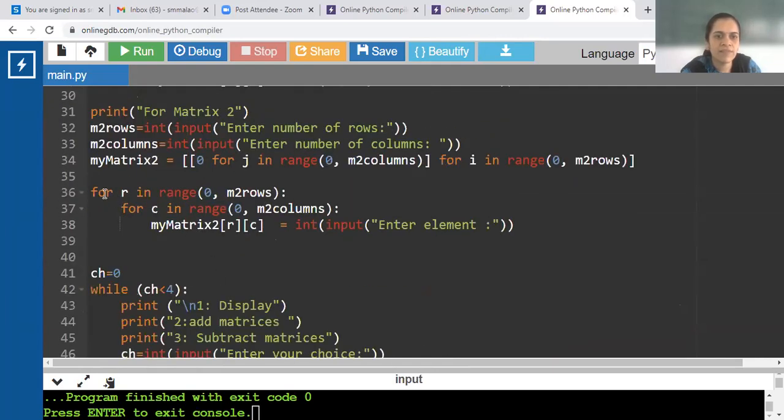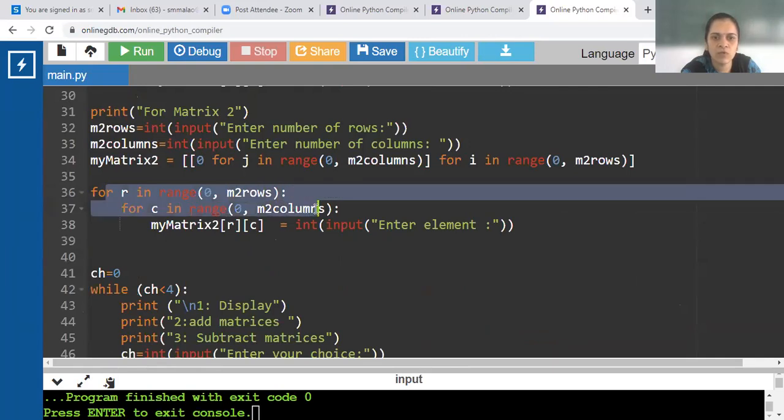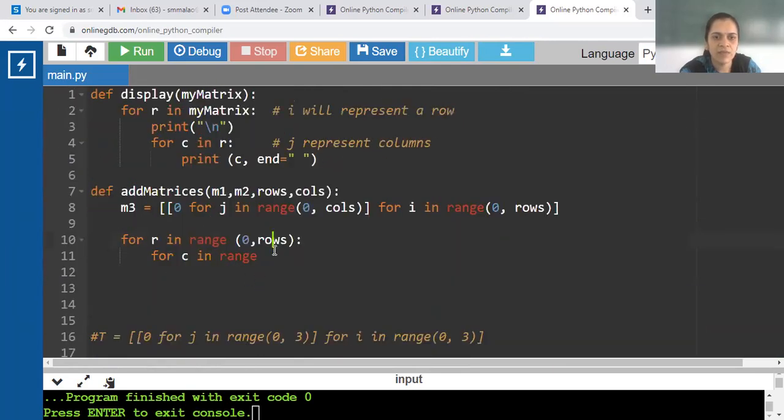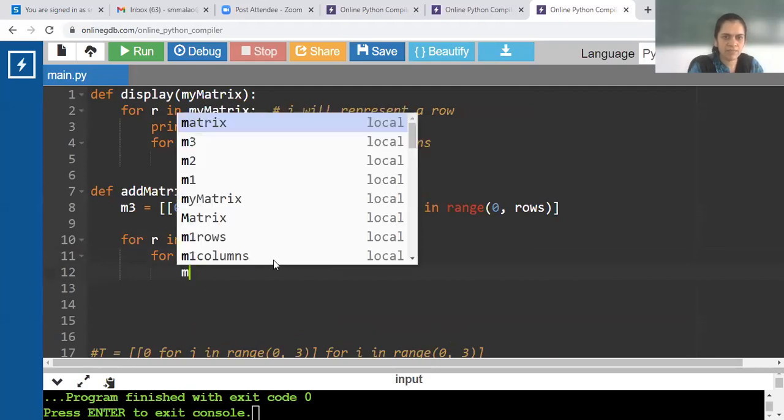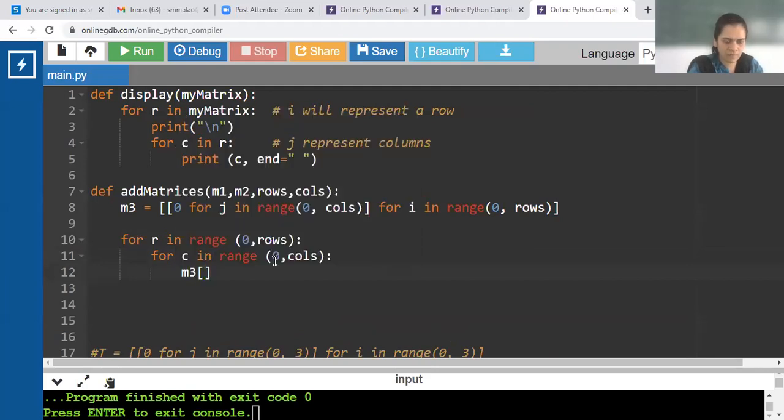See, while inserting we have used these loops: for R in range 0 to number of rows, for C in range 0 to number of columns, and then add the matrices. And here M3 of R, comma C